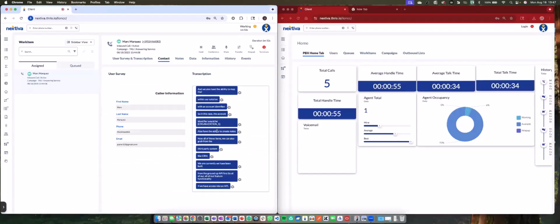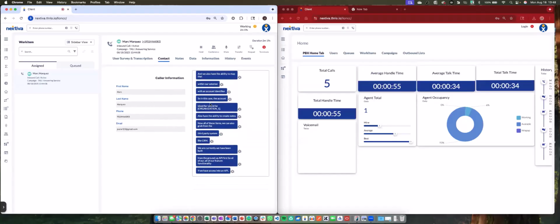Now, with that being said, we can also hide all of this information. I just have all that information because I demonstrate the functionality. So again, you have the ability to do that via permissions. Now, let's say we are talking about Mr. Mark Marquez and his HVAC, or he called Bob's HVAC, concerned about his air conditioner.